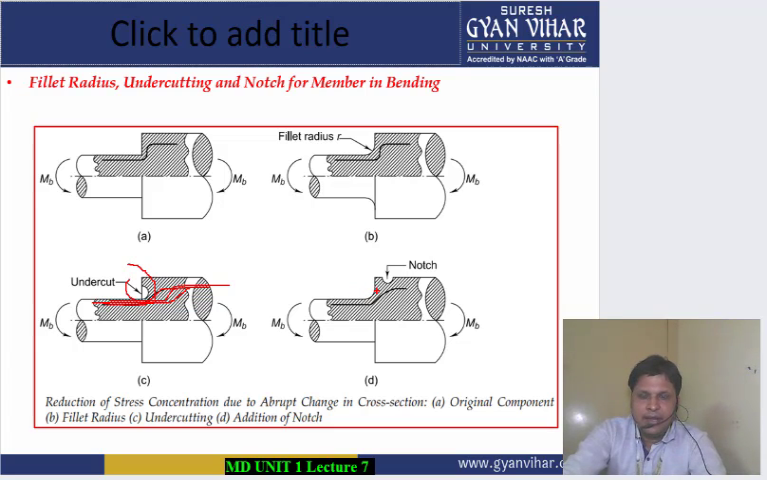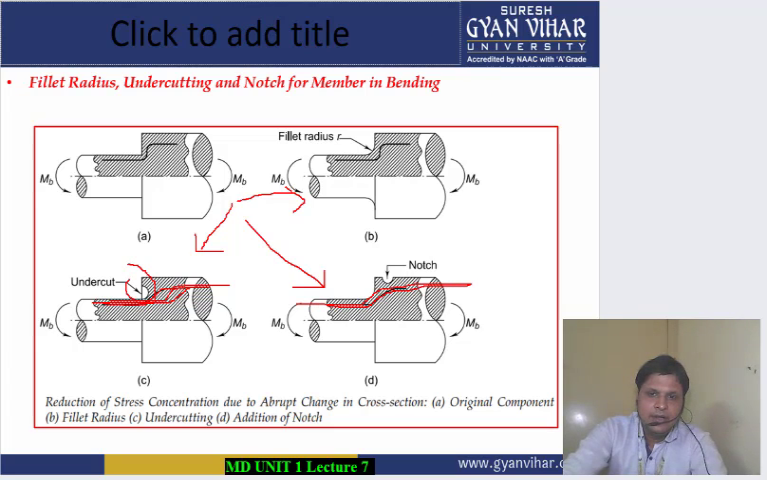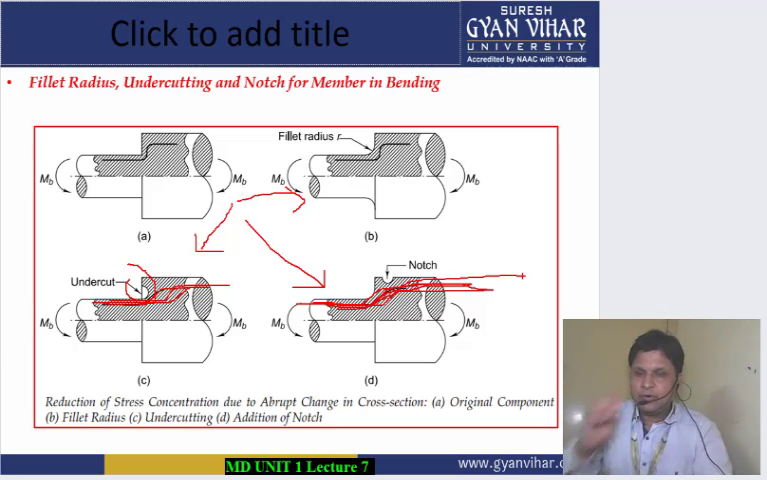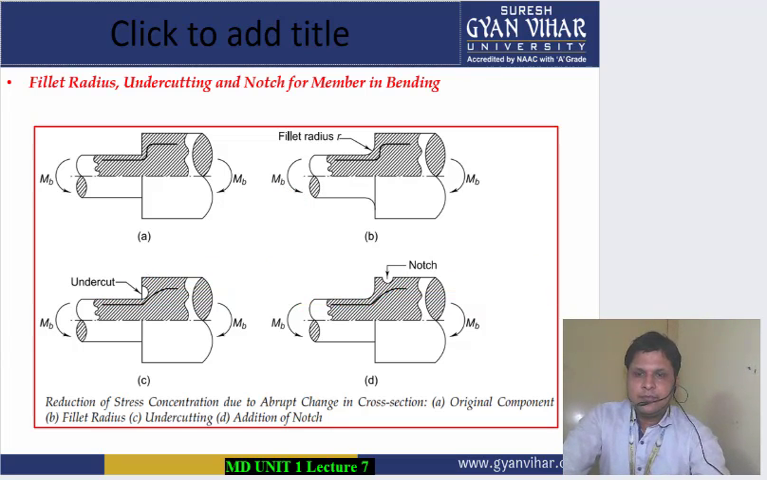and in the next step, this is the first step where we have made fillet radius, we have done fillet, and in this we have done undercutting, and in this we have done notch. The effect in all these three is the same, that stress concentration has been decreased in this portion. Why? Because these stress lines are smoothened, they do not change abruptly. So coming into the next, what we can do,